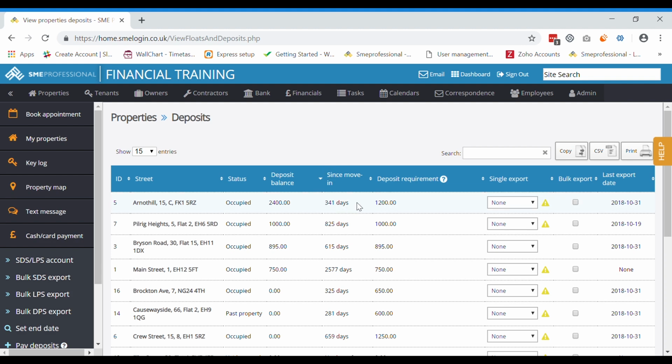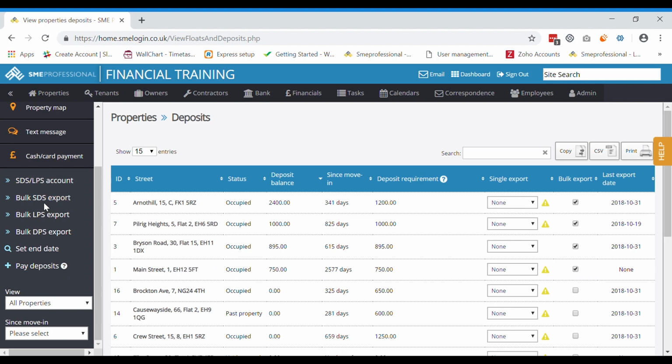the days since move-in, and as this is test data, it will not appear as you would normally expect to within your own system, and the amount of deposit that's required for the property per tenant. What we're going to do is use the 4 properties we've got here at the top that have a positive deposit balance to create deposit profiles for a deposit scheme in bulk. So what we can do for these 4 properties is tick Bulk Export, and then from the left hand side you can click your chosen deposit scheme to create a file containing all of the information for the deposit profiles